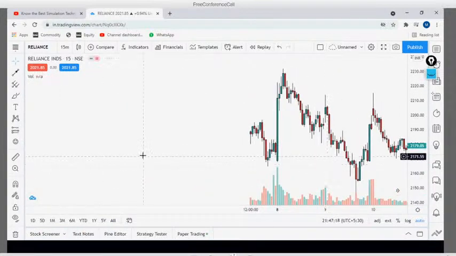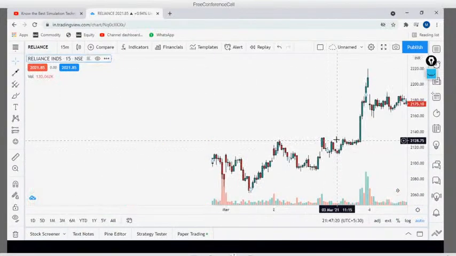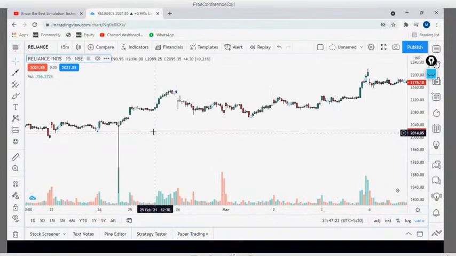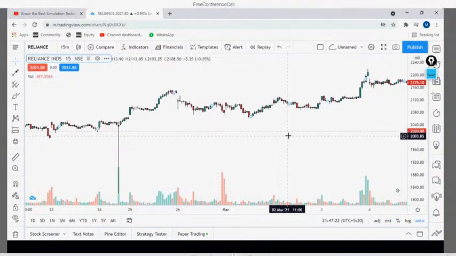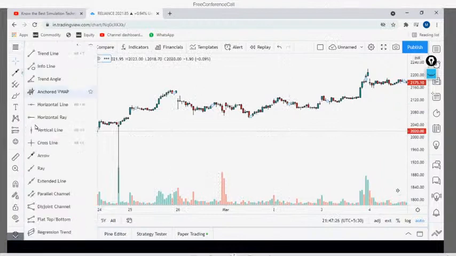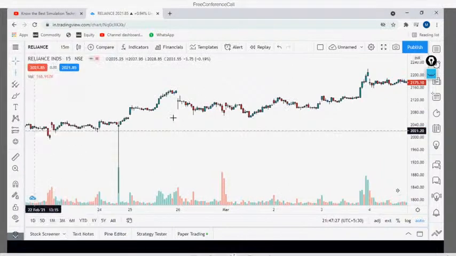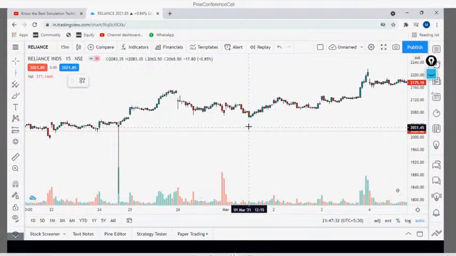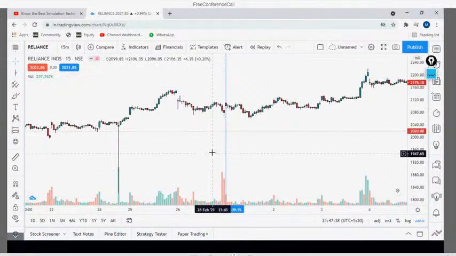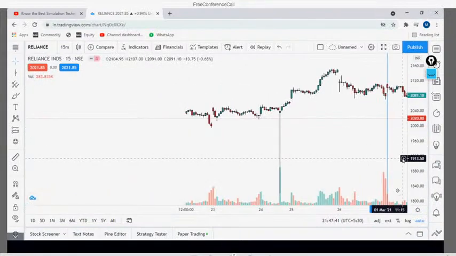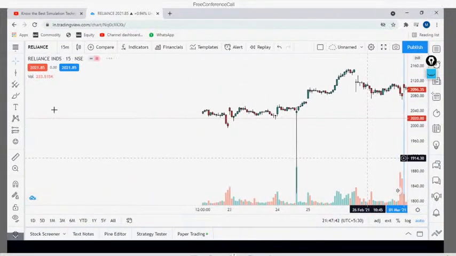You can see here, 31st. When is March? 1st March. Yeah, from here. Because in the free version, they don't give backtesting on a smaller time frame. So what I'll do is put a vertical line here. Okay, this is my starting point, like this.